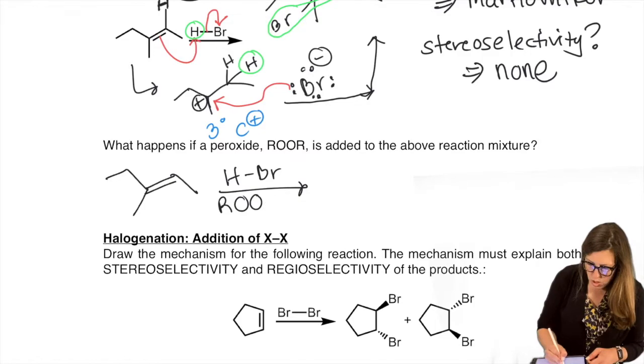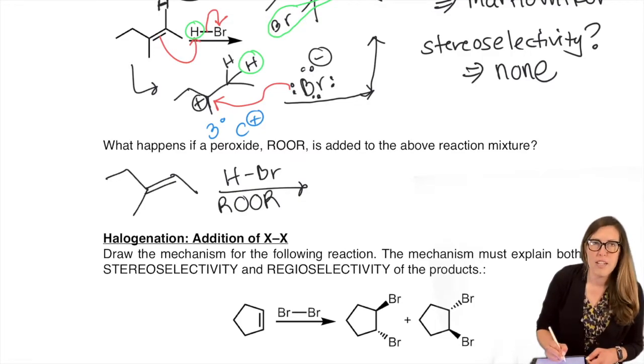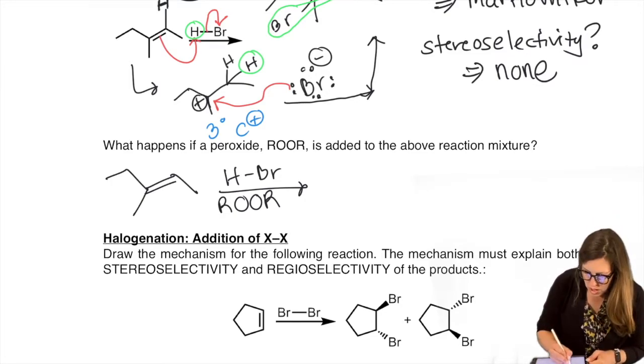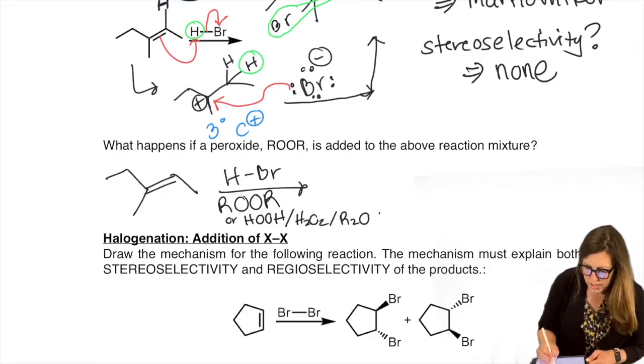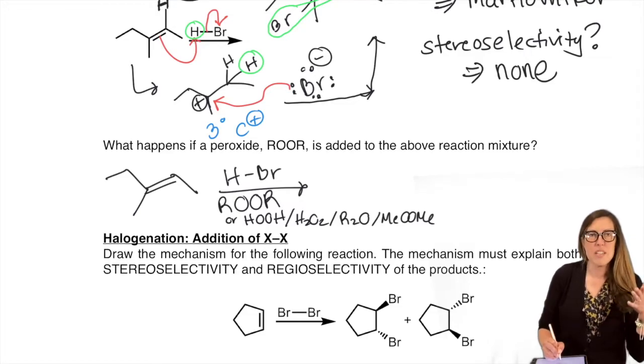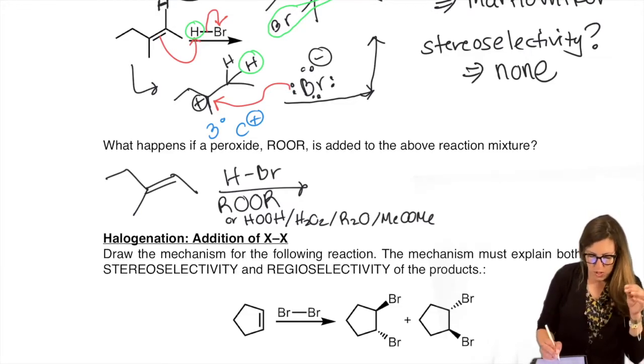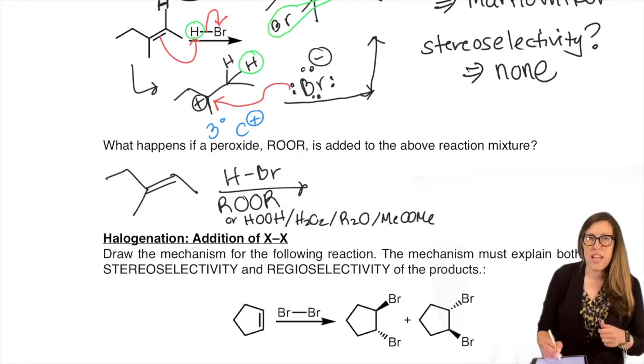But if you see ROOR over the arrow, peroxide, the oxygen-oxygen bond, it can be a peroxide in the form of HOOH, right? That's hydrogen peroxide, which is also written H2O2, which is also written R2O2, like MeOOMe. Lots of R groups could be, but the key to the peroxide functional group is the two oxygens. When you have that mixed with your HX acid,